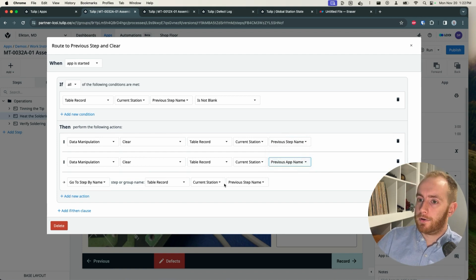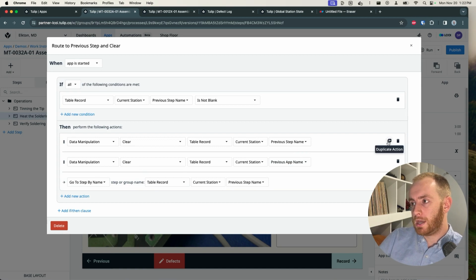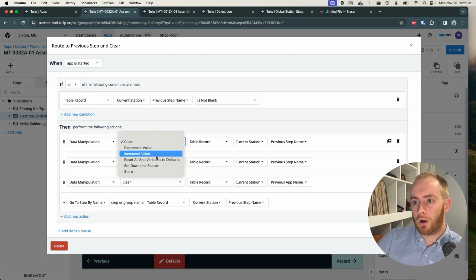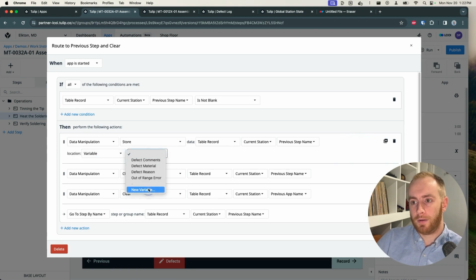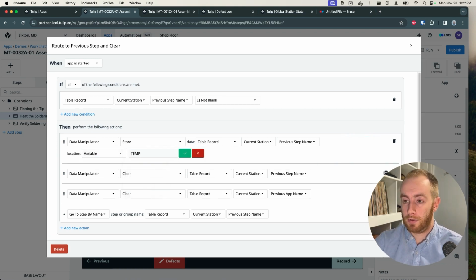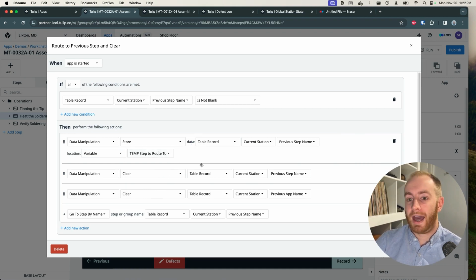However, this is going to screw us on our final transition here because we're trying to use that previous step name. So a little trick that we can do here is store the previous step name into what I might call a temporary variable. So we'll call this temp step to route to. So we have that as a temporary store inside of our app execution, but in the global state,